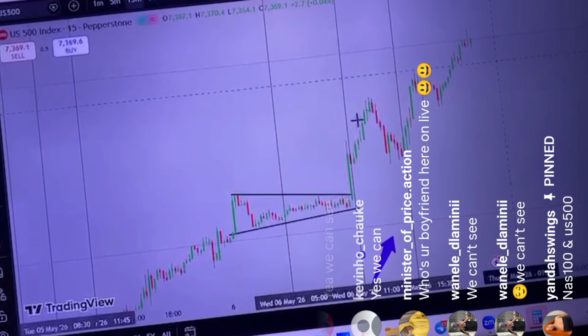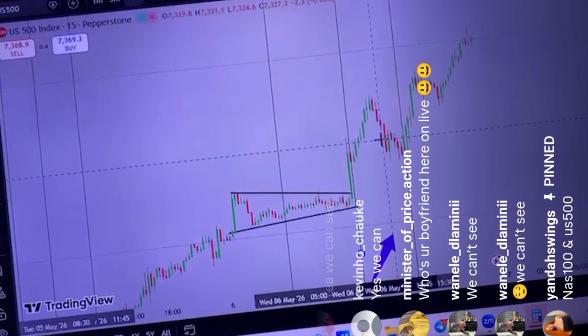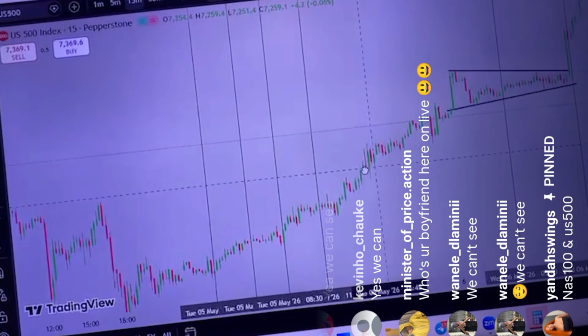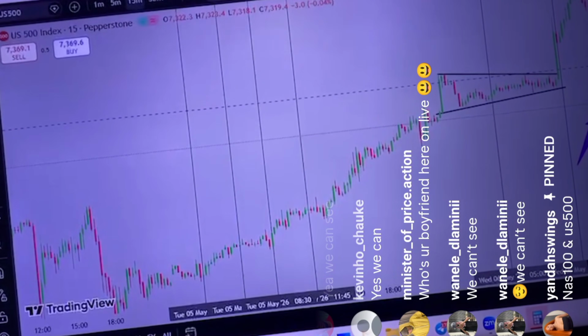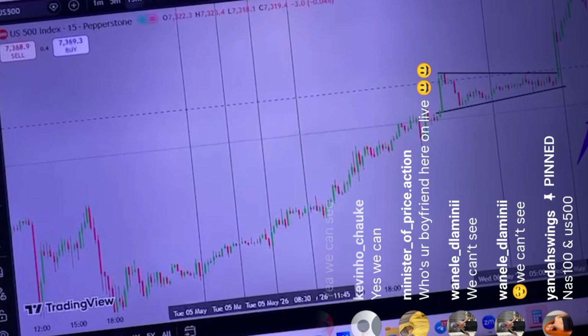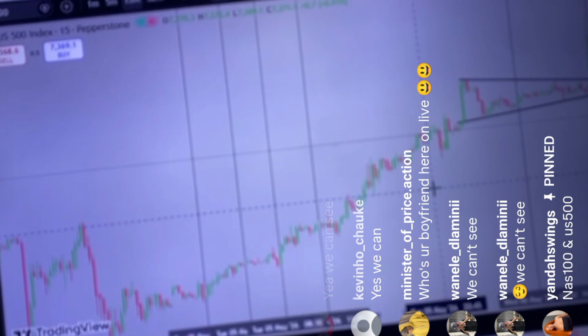So US 500 today, you had to place the trades without analyzing. It's just obvious. You could see the way it moved yesterday, it gives a signal that the next day it's going to buy the whole day, whether you analyzed or you didn't. There are trades whereby we analyze the directional bias for the next day. There are setups that if I analyze them and they play out, then automatically it gives a signal that the market is going to buy.